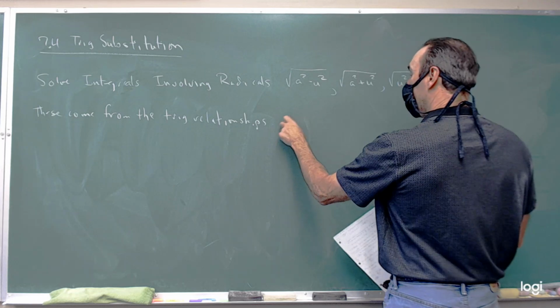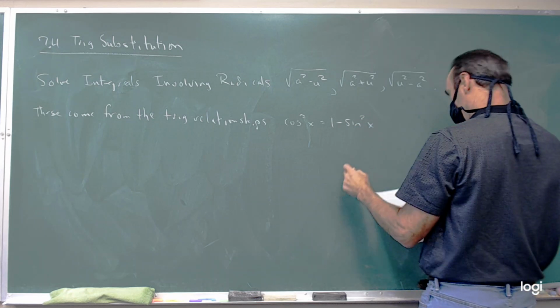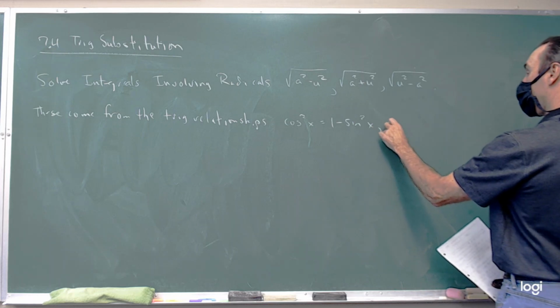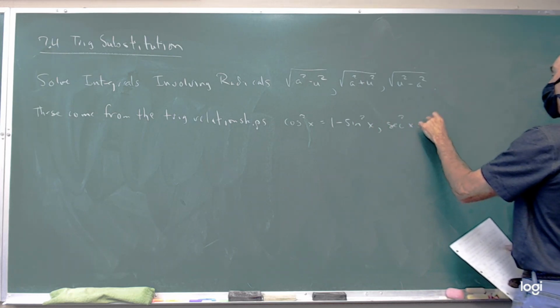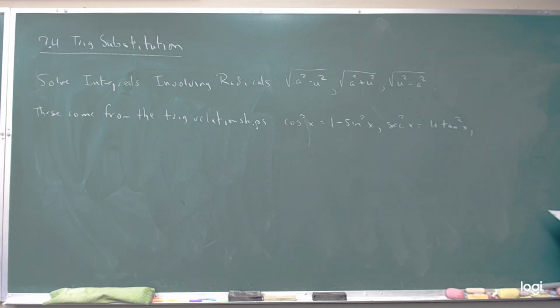Say cosine squared is 1 minus sine squared, and that secant squared is 1 plus tangent squared, and that tangent squared is secant squared minus 1. And so you can kind of see maybe where these radicals might come from when you solve for the tangent